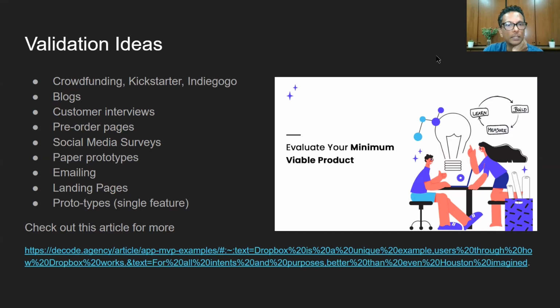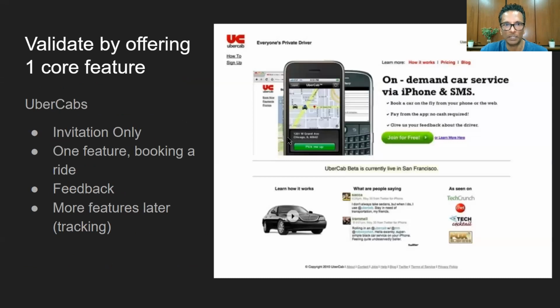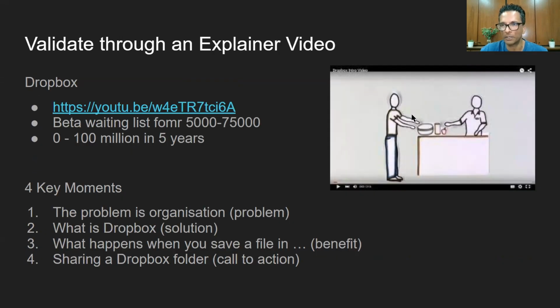Okay, and basically these are a whole range of validation ideas that you can look at. But I want us to just capture the thought before you throw the ideas across. The thought about the Dropbox story. The Dropbox story is a fascinating story of validation. One of the best validation examples that's been going around. Dropbox started without a product, but it was a great idea, and the idea was that